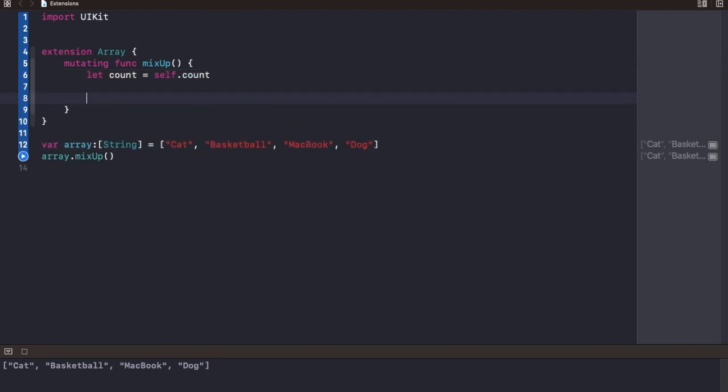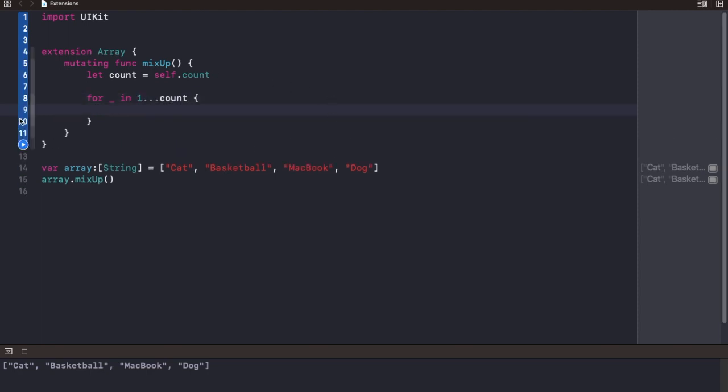So next up, we're going to be running this for i in 1 till our count. We don't need that value. So we're going to be running this as many times as there are elements in the array. So we're going to be getting two numbers. One is our starting